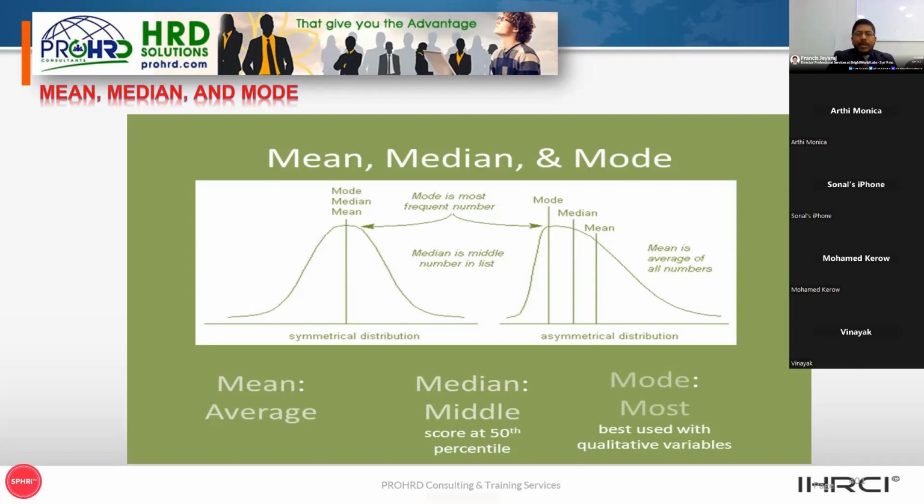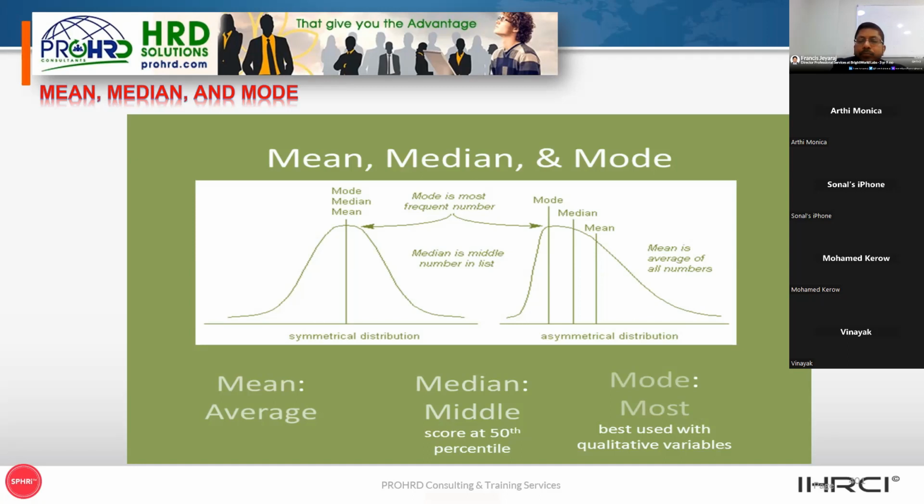Okay, let us look at what a mean is. When people say average, they usually are talking about the mean. You can figure out the mean by adding up all the numbers in the data and then dividing by the number of numbers. For example, if you have 12 numbers, you add them up and divide by 12. This would give you the mean of the data.